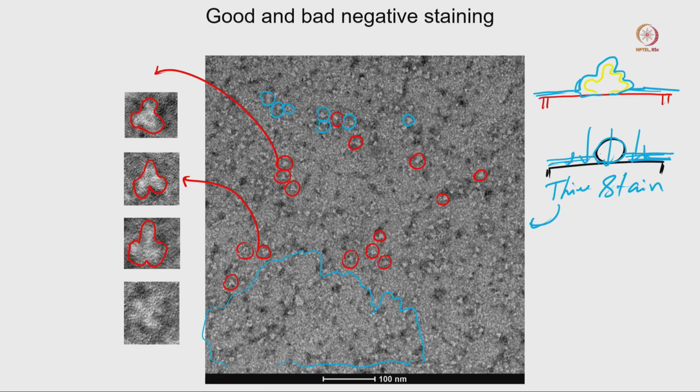Wherever there is a protein, a little bit of stain is deposited in the surrounding areas like this one, and that is the reason you can isolate that protein molecule. But overall on the TEM grid, the entire area is not well stained. Only in isolated areas is there a proper stain, and that's why we can somehow see the sample. So if we consider this kind of image, definitely this is not a good image.